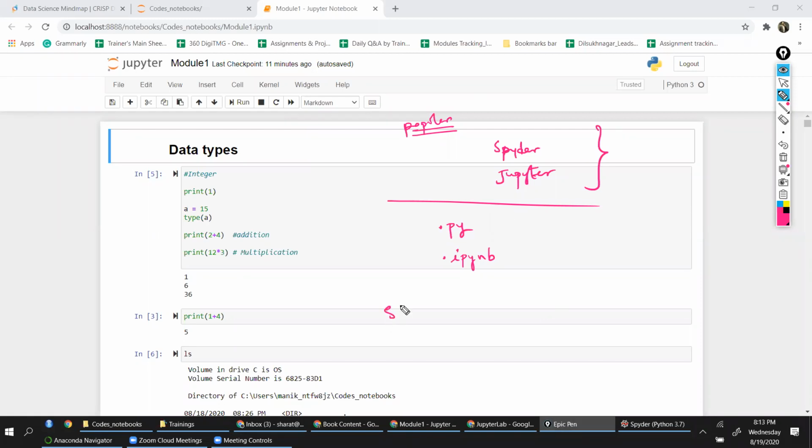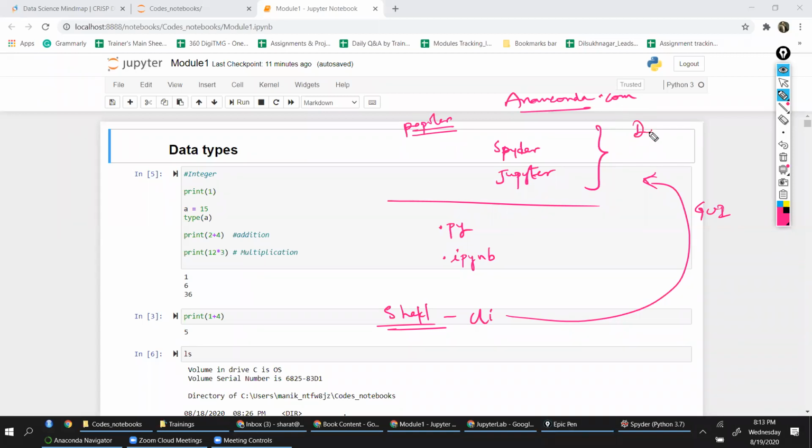Otherwise, Python has a command line interface, the shell, CLI. But these are the GUI options, and these options are provided by Anaconda, anaconda.com. For data scientists, this is what is preferred.